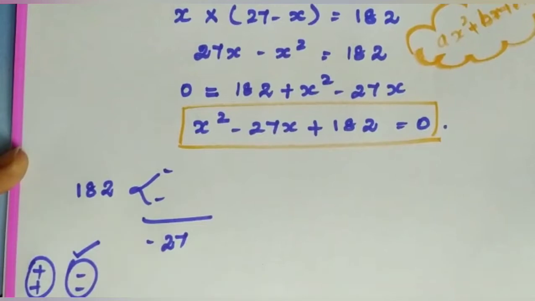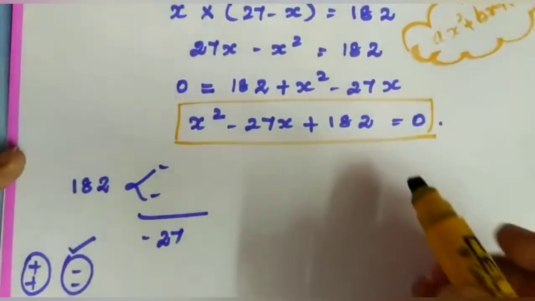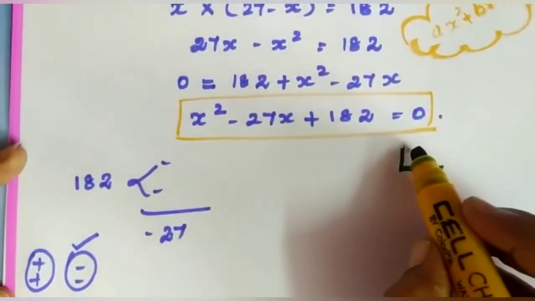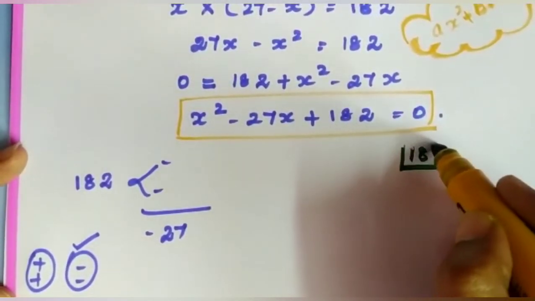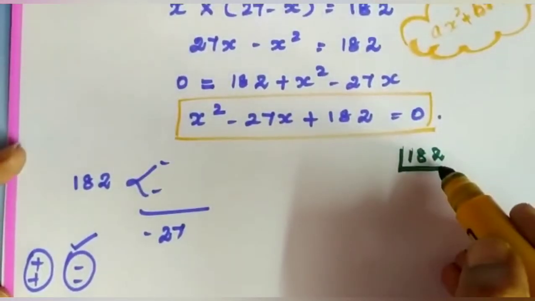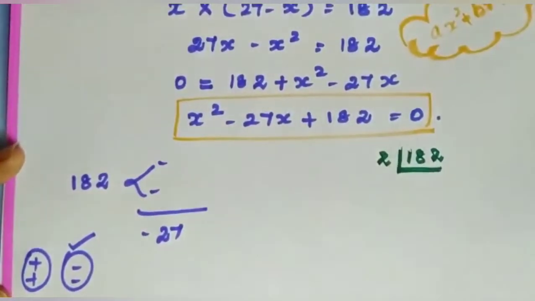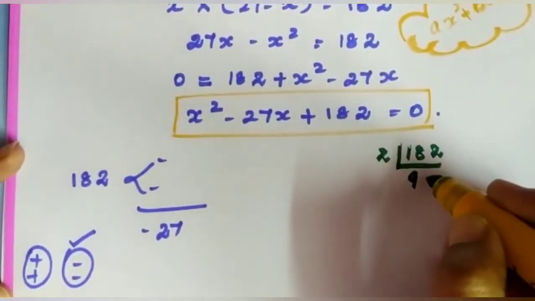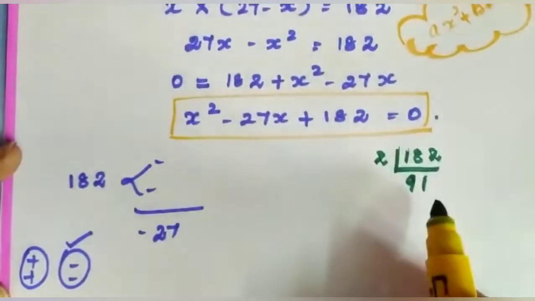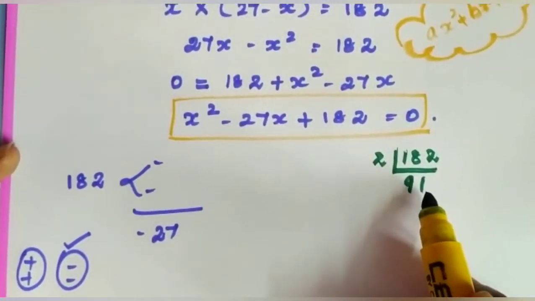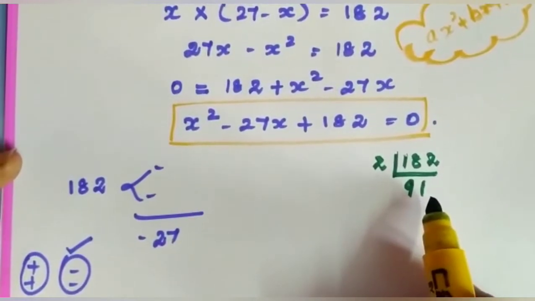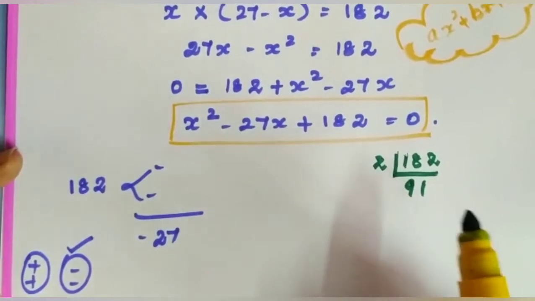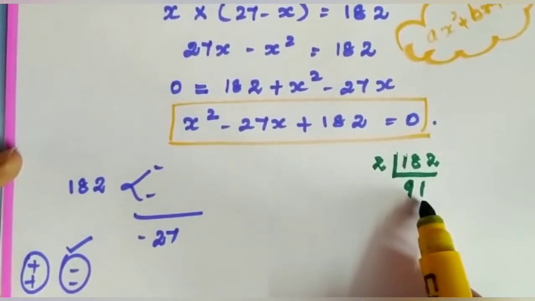So we have to factorize this one. This is a very big number, 182. How to factorize easily? You can find the factors like this. The last number is an even number, so I'm going to divide by 2. How many times we can divide? 91. So the last number is an odd number, so this number won't be divisible by 2. So next we have to check the 3 table. 9 plus 1 is 10. 10 also not divisible by 3. So this number is not divisible by 3.